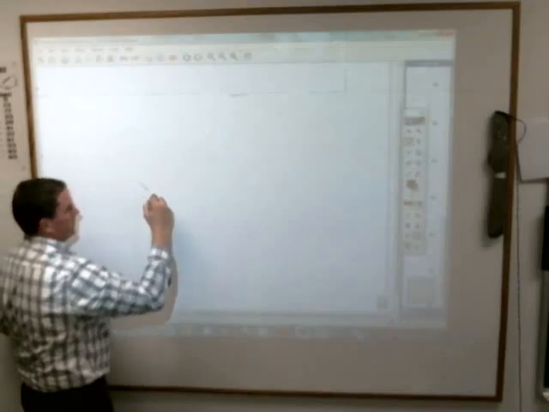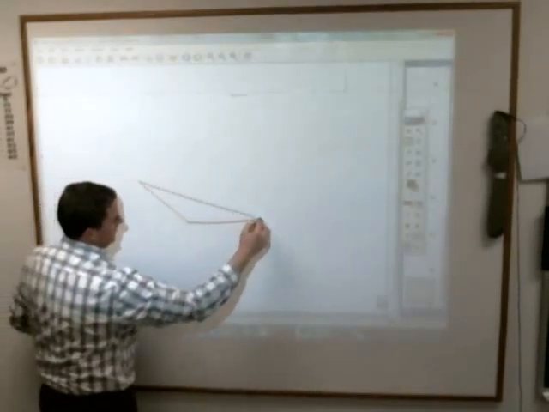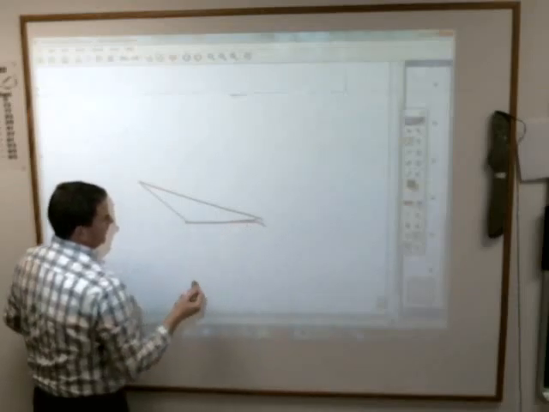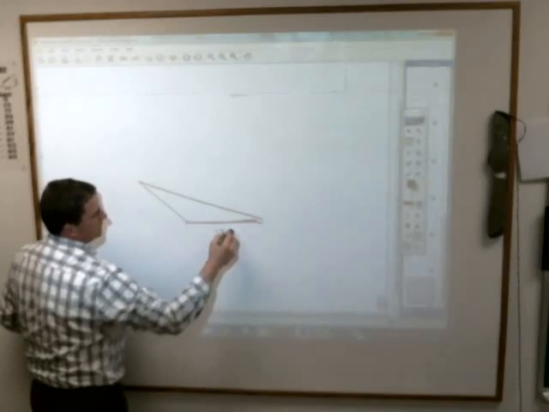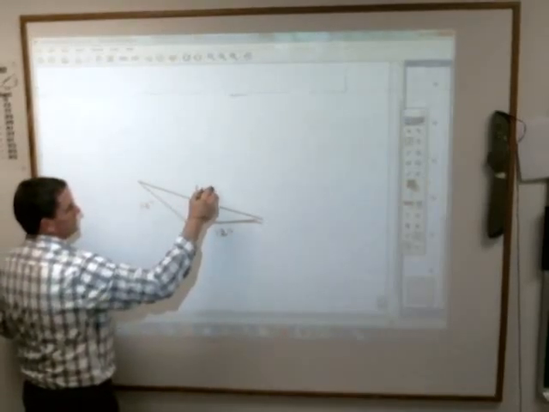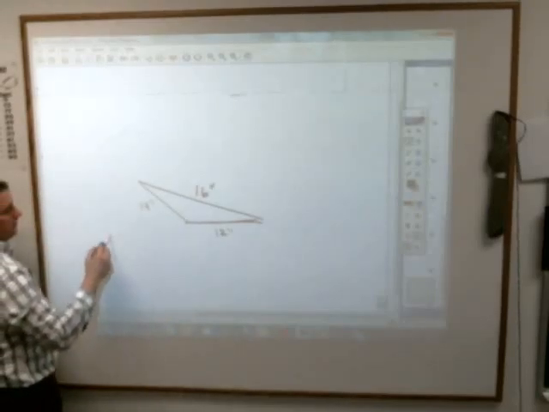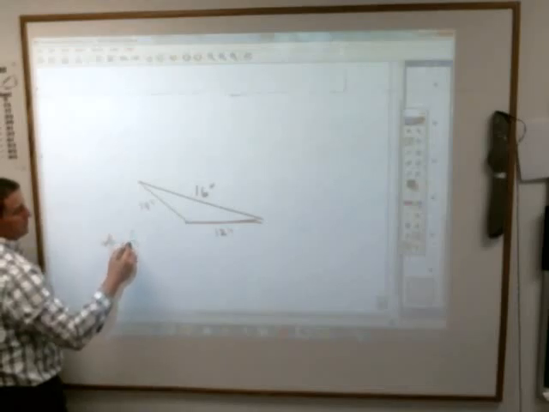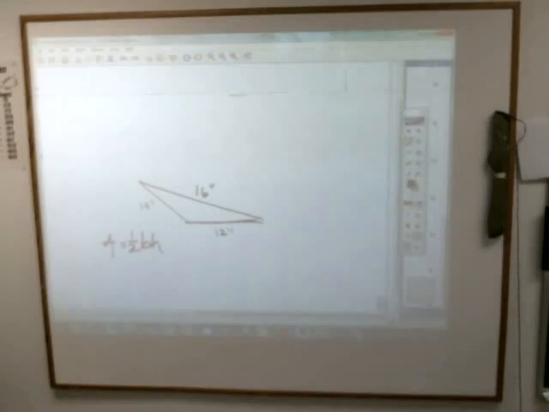Okay, here's my next triangle. It's an obtuse triangle, ladies and gentlemen, as are most of you. 12 inches, 14 inches, 16 inches. And I'm finding the area, so I write down the formula. Area equals 1/2 base times height. The base and the height in this triangle, obviously, Christine, is